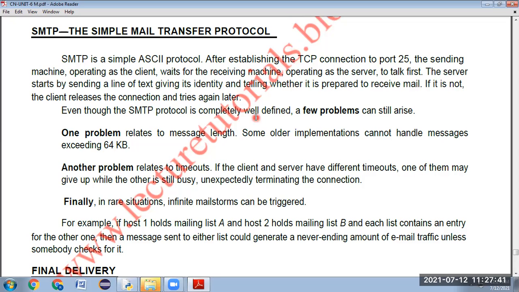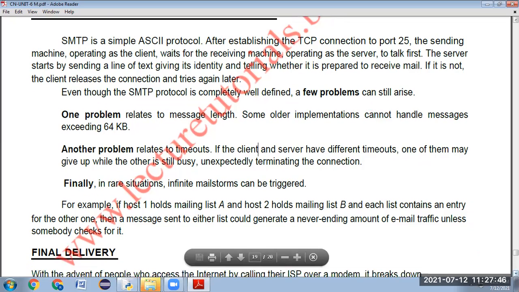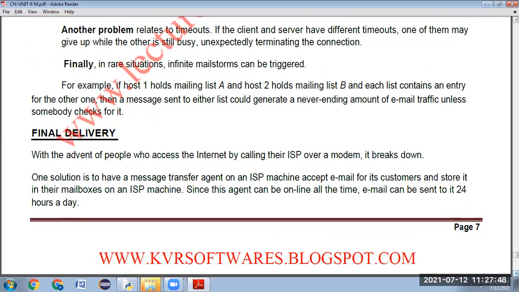Okay, guys, this is totally brief about SMTP. Finally, we have the continuation of this, called the final delivery concept.